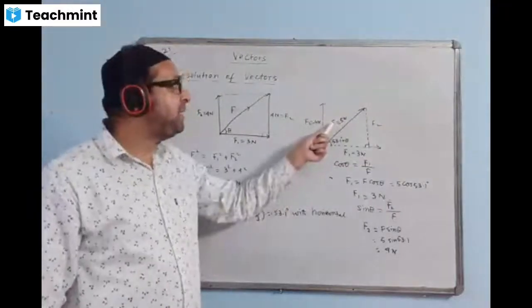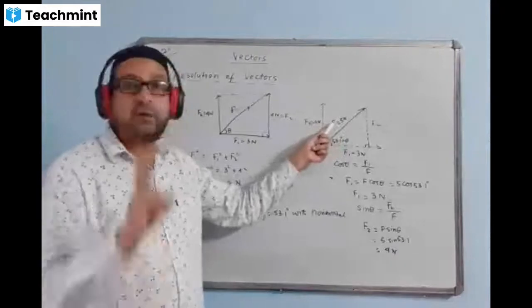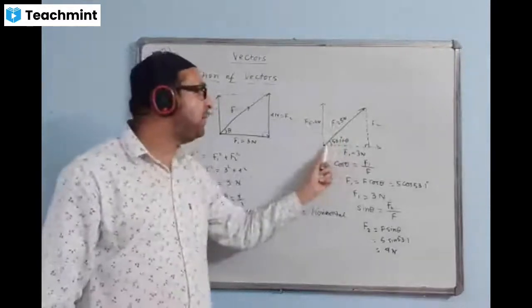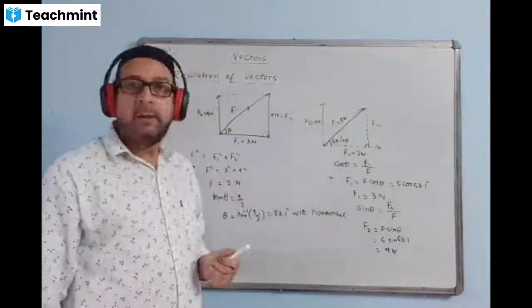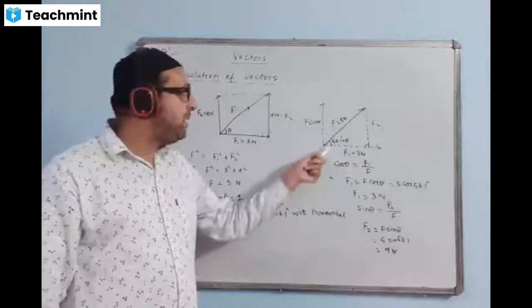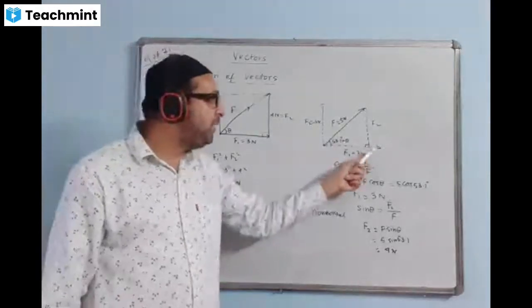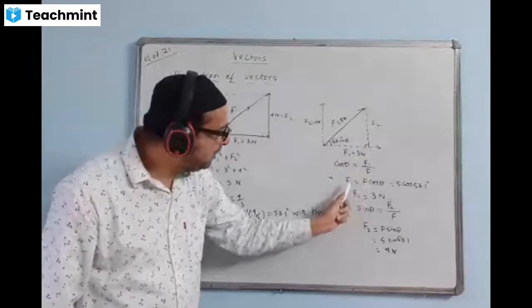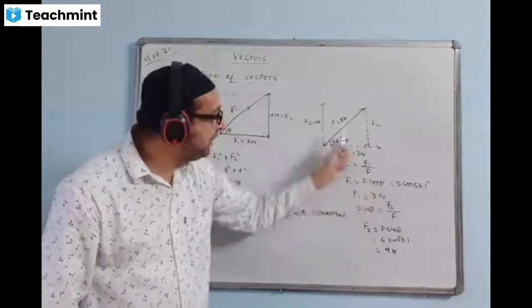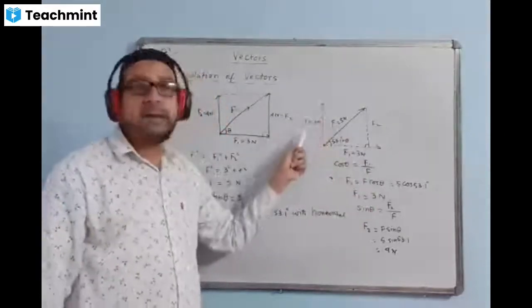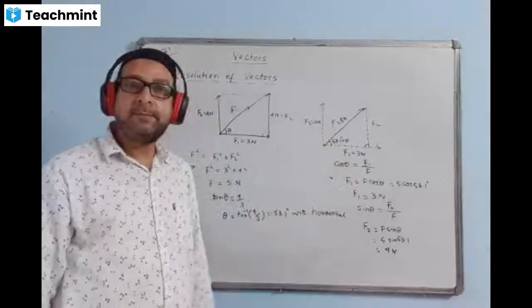That means this 5 Newton, we can say this 5 Newton or this F has two components. One is horizontal component, one is vertical component. Here is the angle. So this horizontal component will come in cos theta. You can see out there. F1 equal to, I wrote F cos theta. F cos theta and vertical component will come F sin theta.